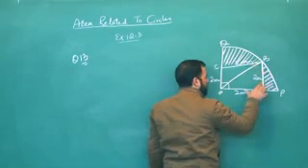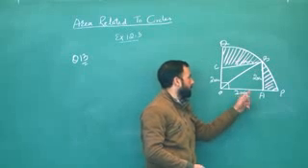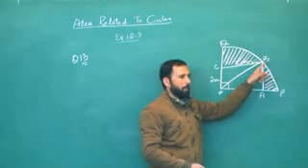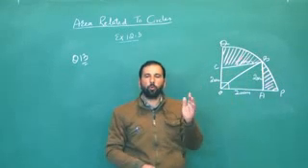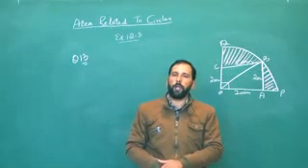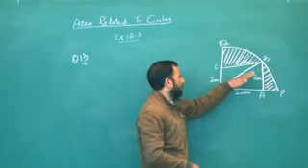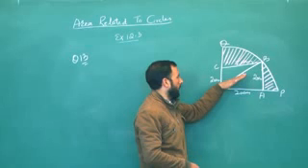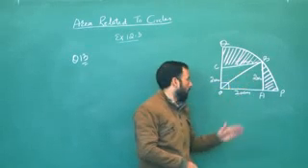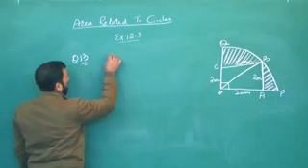OAB. In this right triangle, we have two sides given. That is OA 20 centimeter and AB 20 centimeter. In a right angle triangle, when two sides are given, then we use Pythagoras theorem to find out the length of the third side. That third side is here, OB. This is the radius as well as the diagonal of the square OABC. So question number 13, we have to join